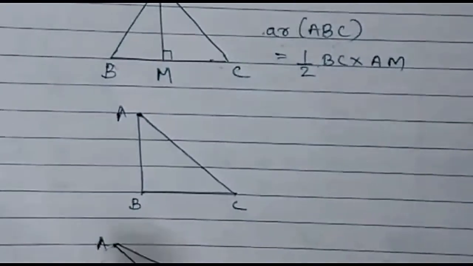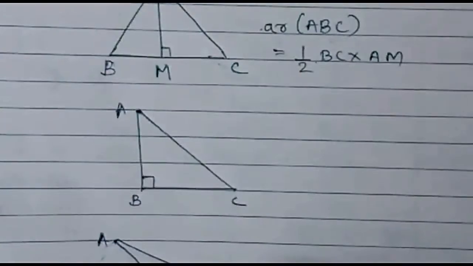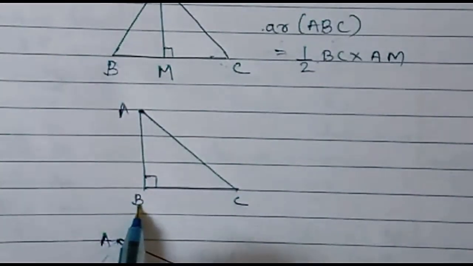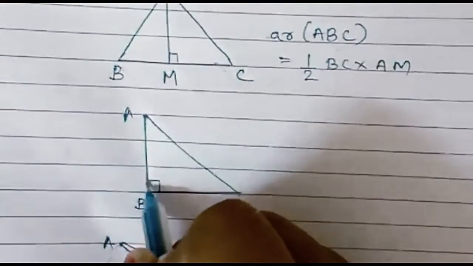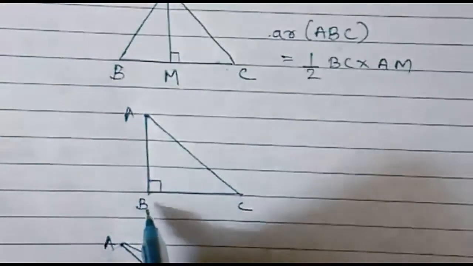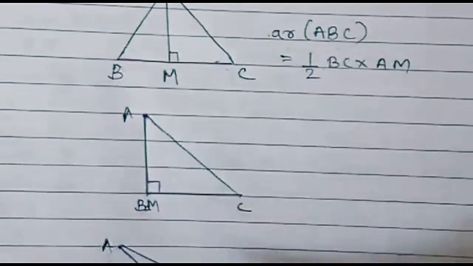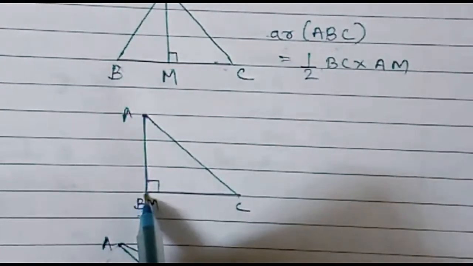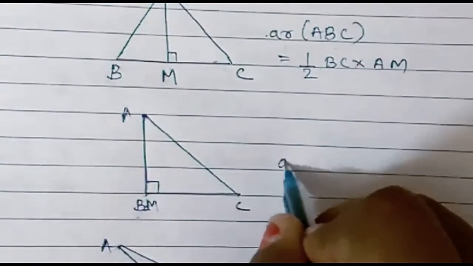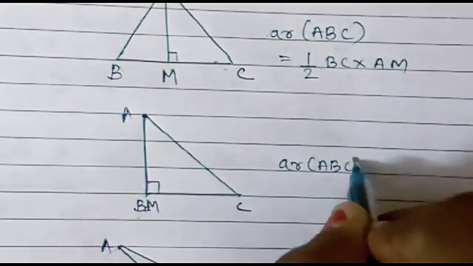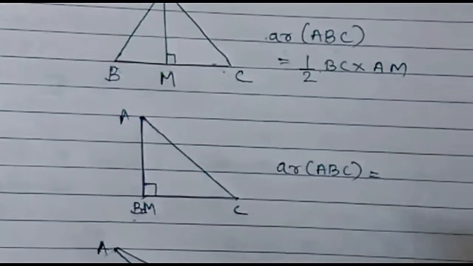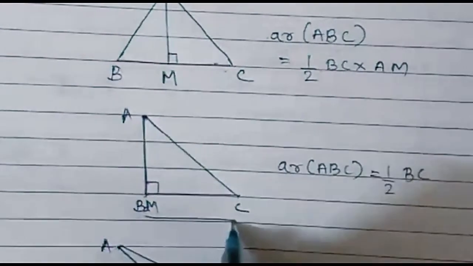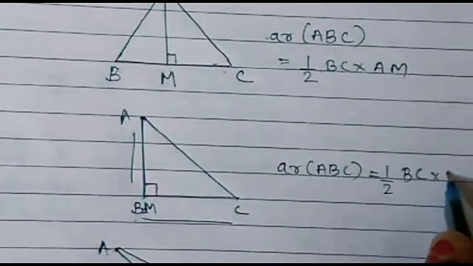But same thing is not true when we have a right angle triangle. If we have a right angle triangle having angle B to be a right angle, so right now if I want to draw an altitude from A, it will be intersecting at point B itself. That means B and M will be the same point. So here we can write area of triangle ABC, it is again half into base into altitude. So you can write half into base will remain same BC and altitude itself is AB.